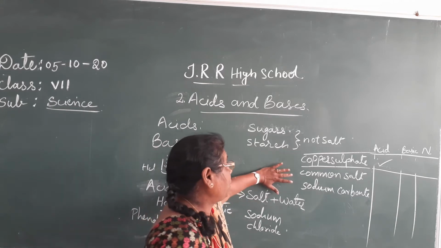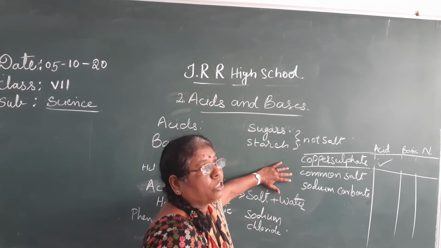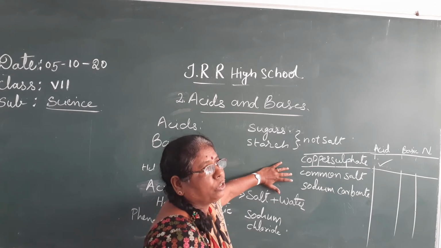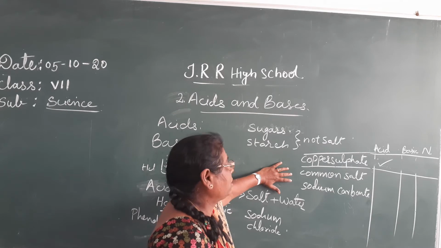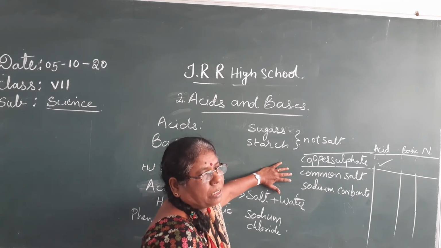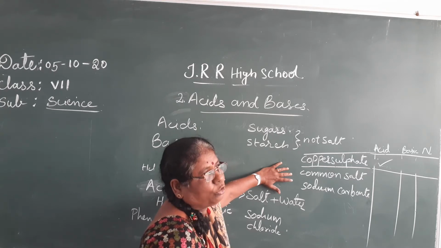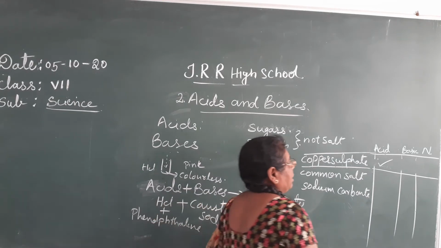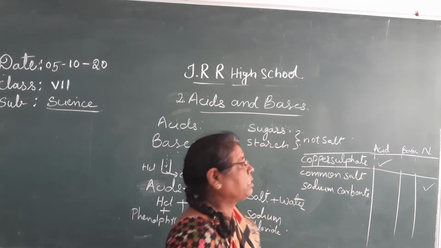Now use the blue litmus paper for common salt, called sodium chloride, which we use in our daily life. Make a solution and test it with the blue litmus paper, no change you will see. Test it with the red litmus paper, no change. So, sodium chloride is a neutral solution, neither acidic nor basic.